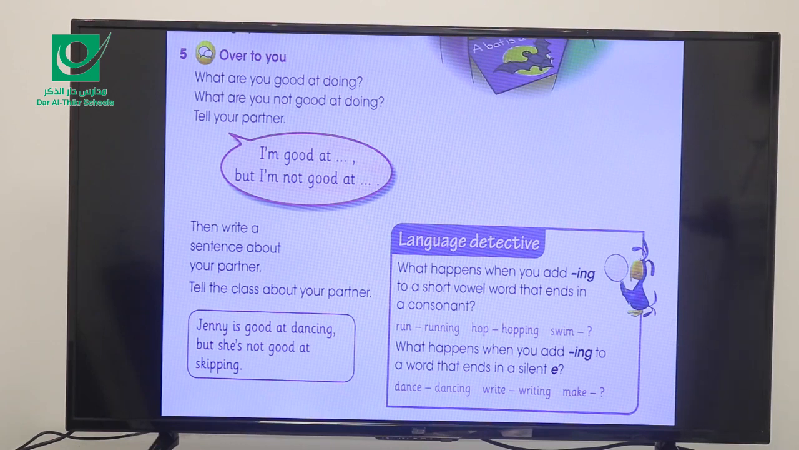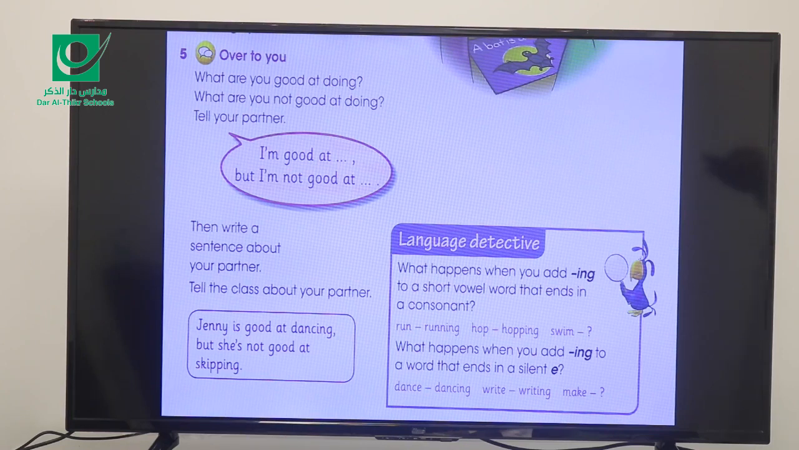Now the second part, what happens when you add ing to a word that ends in a silent E? Okay, sometimes we have verbs that end in E, but it is silent. We write it, but we don't say it. Like the first one, dance, D-A-N-C-E. If I want to add ing, of course, students, you need to know this. I delete the E, and then I add the ing. So dancing, as you can see, it's written there,